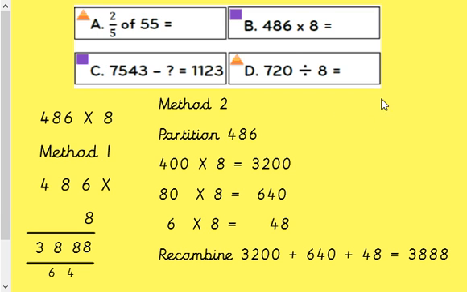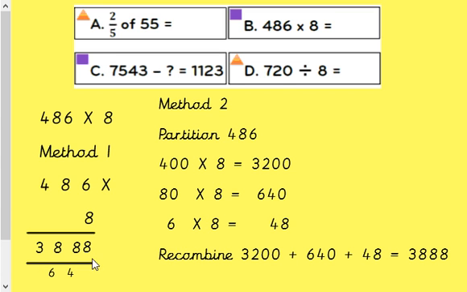Third question this morning, we're going to look at multiplication. You need to know your 8 times table for this particular question. First method we're going to use, method 1, we're going to use short multiplication. So 6 8s are 48, carry the 1 over. 8 8s are 64, plus 4 would be 68, and again you need to carry that 6 across. And then 4 8s or 8 4s are 32, plus 6 will give 38. So our answer then would be